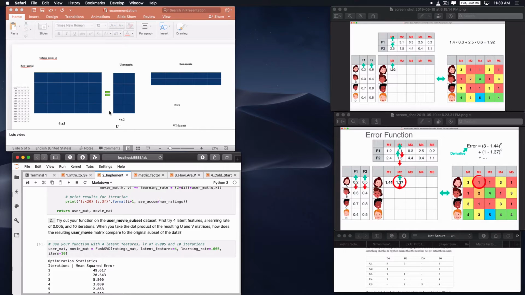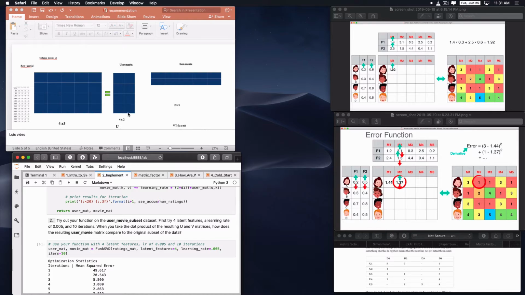a matrix that would be user by latent feature 2. In this case I chose 2, we can choose 3 or 4, but since the latent feature represents the correlation in the matrix, it's intuitive that the latent feature will be less than this number 4 or 5. So that's the only way it could be like 2 or 3,